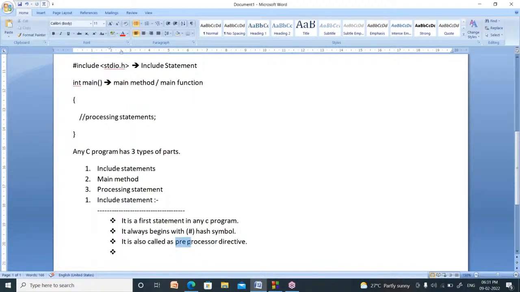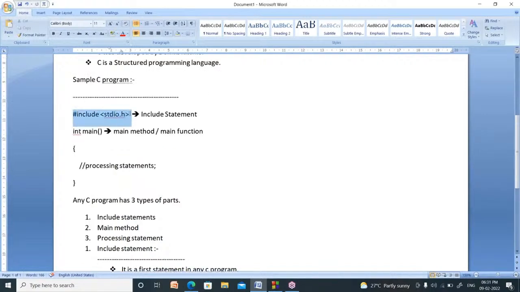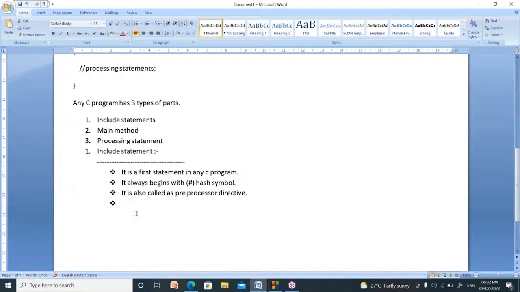Pre means prior, before the main, right? The lines that begin with a hash symbol are called preprocessor because these will be executed at the time of compilation, not at the time of running.